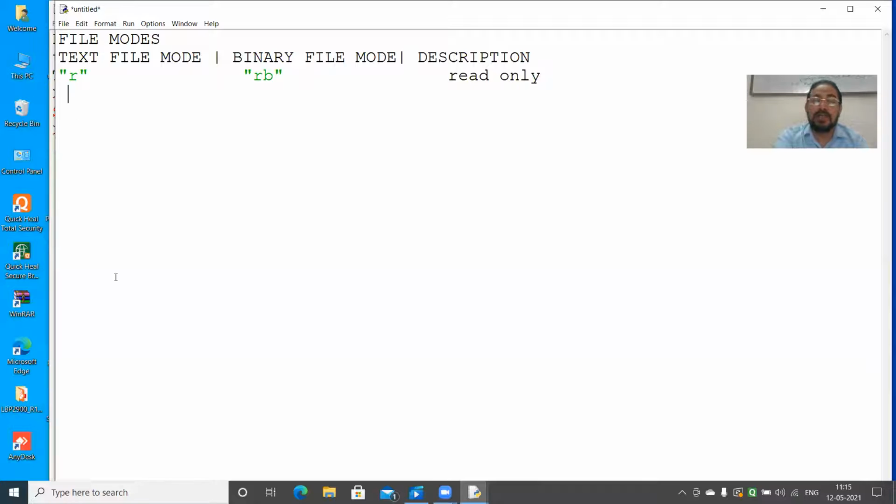That means in open, if you write open, then text.txt, the file, and then R, that means reading mode. But if you are not writing even that, by default it is reading mode only. Even if you are not giving R, the default mode is R. When you don't give a mode, it is reading mode.